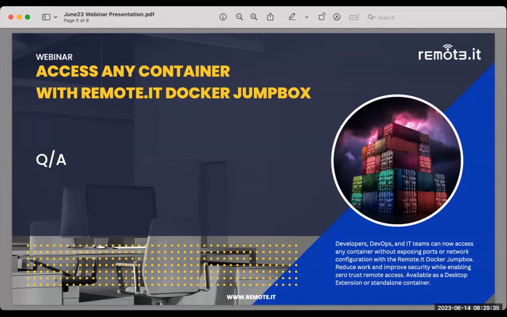At this point, no, but you can find all the links of the things that were demonstrated by Jamie and Robo on both GitHub and also on our website. So we encourage you to try this out. So far, the feedback from our users is that this is much easier to manage access to your Docker containers.